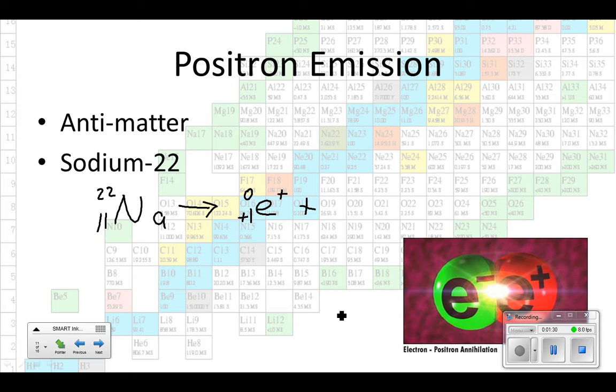Okay, and then what's left as we add across the bottom, this will be number 10. Element number 10 is neon. And on top, 22 on the left, 0 on the right is 22. So when we undergo positron emission, we get a neon 22 nucleus, and then the positron goes on, probably runs into another electron, and it's annihilated. All right,